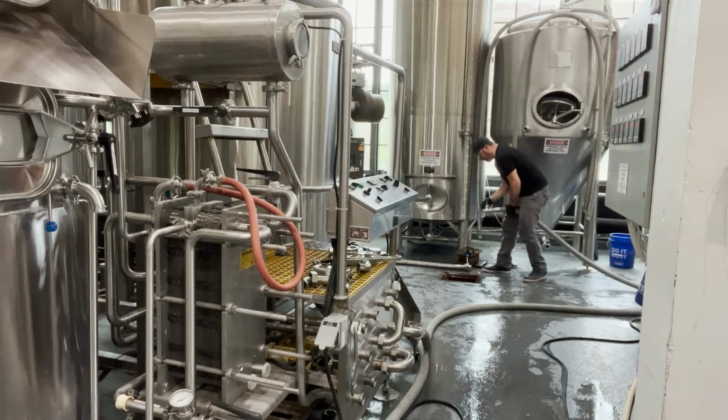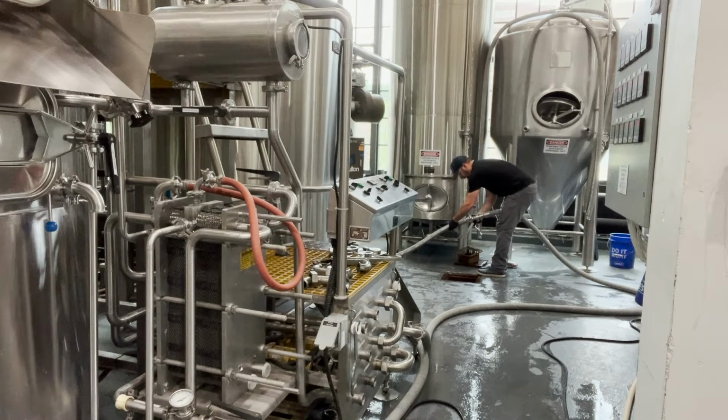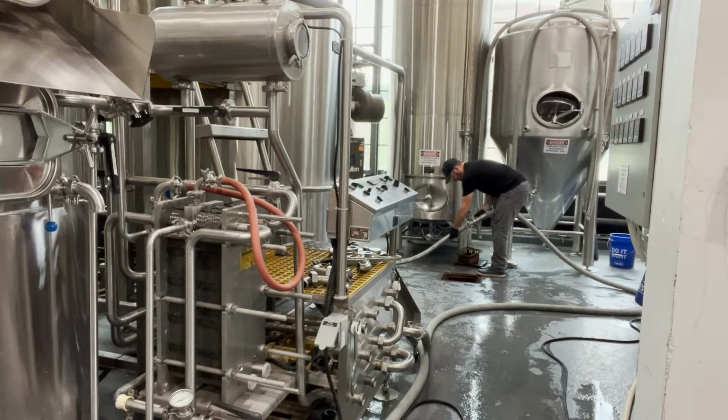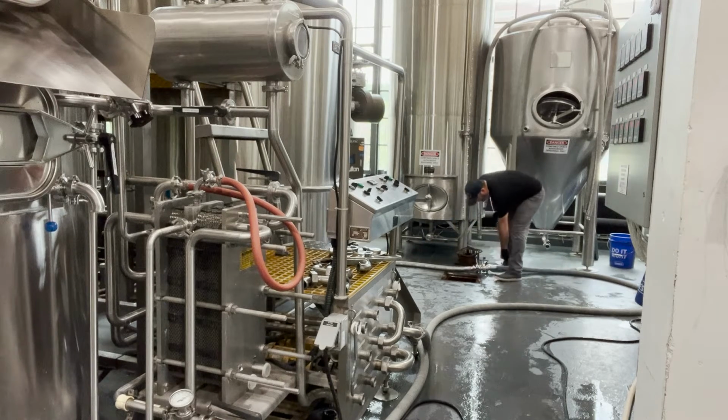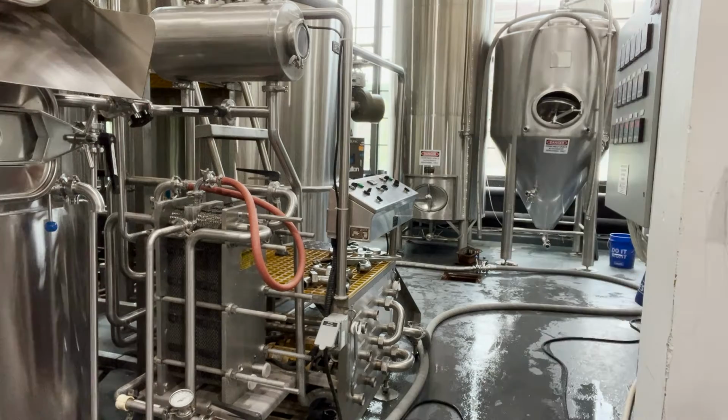All right, I'm gonna loop these back together now. Now remember, this line that I'm handling is the runoff line that went from the heat exchanger. So it's seeing cold wort and went to the fermenter. And so now I'm gonna be creating a full cleaning loop of every single pathway that wort has touched during the brew day, okay? I do have one more chemical to add up here, which is my boost. And once I do that,